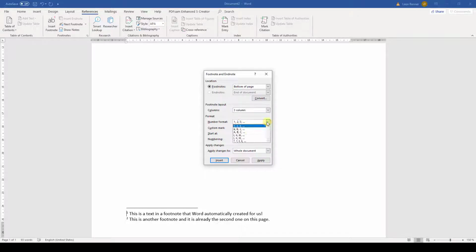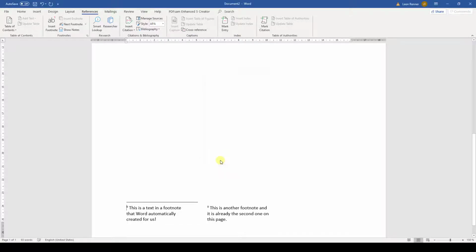Then we can also change the number format and the starting number. And at the end we can choose if we, for example, want to restart the number counting after each page. So this is how to change the layout of the footnote area. The same of course works for the endnote area, but let's now look at how we can change the line